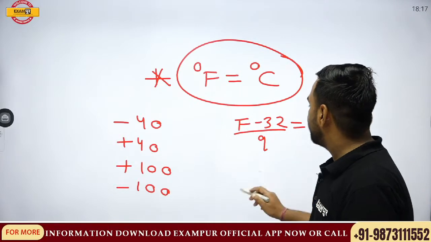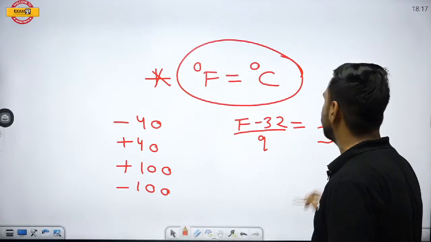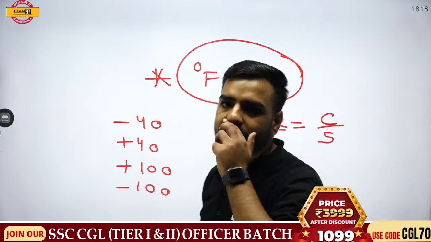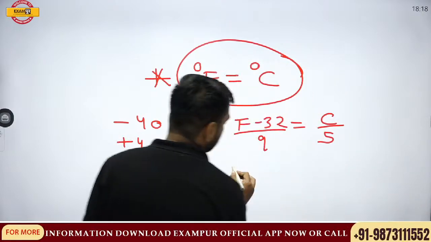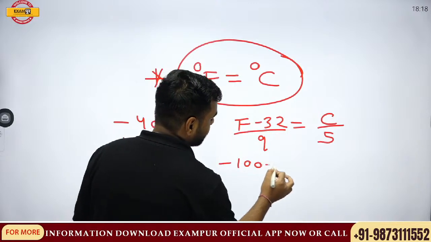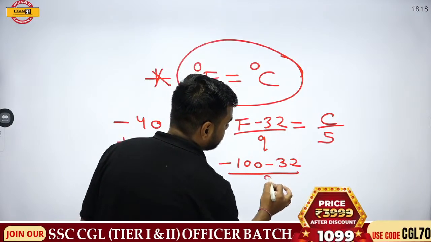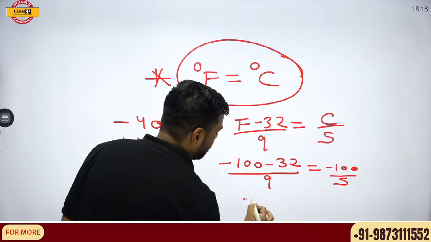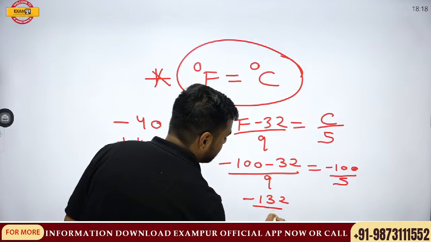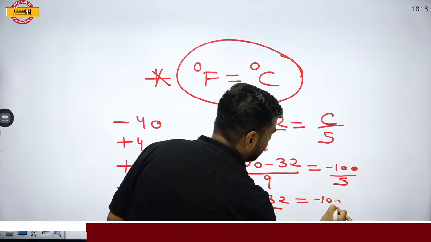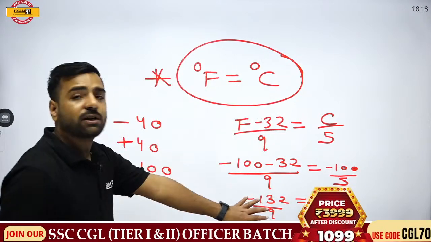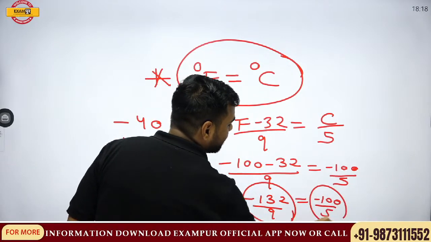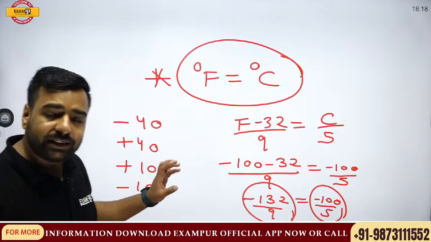If I write (100 − 32)/9 and 100/5, are they going to be equal? No. So Ganesh, now you are with −100. Try to solve it. If I go with −100, then (−100 − 32)/9 and −100/5. So it is actually −132/9 compared with −100/5. Do you think these values are going to be the same? No. See, this is −132/9 and this is −100/5. Correct? So these values are also not the same.